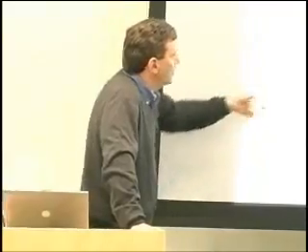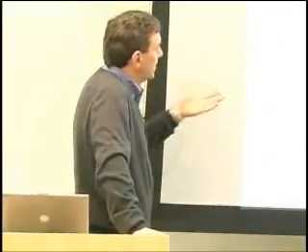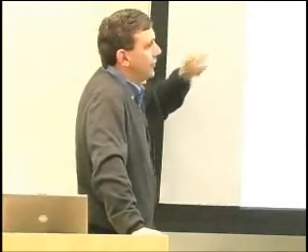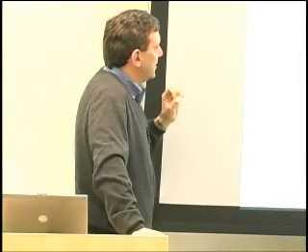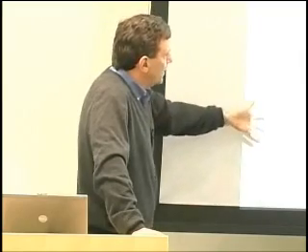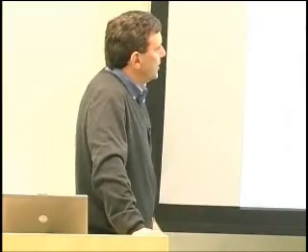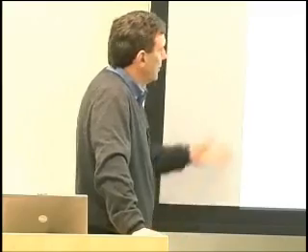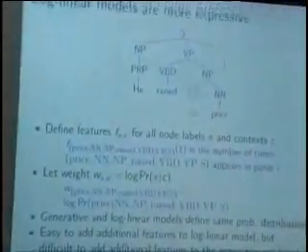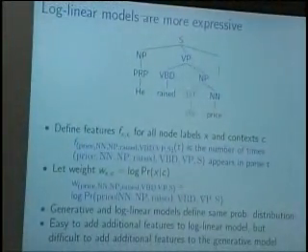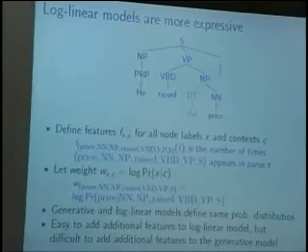So we can have one feature for each different type of linguistic dependency. So it certainly is a nice framework for capturing those rich linguistic dependencies we were talking about before. But the price that we pay is that the simple relative frequency estimators for the feature probabilities or the feature weights no longer work. And as I said, I'll explain that right now. So the first thing I want to note is that this type of log-linear framework is at least as expressive as the generative framework that we were looking at before.